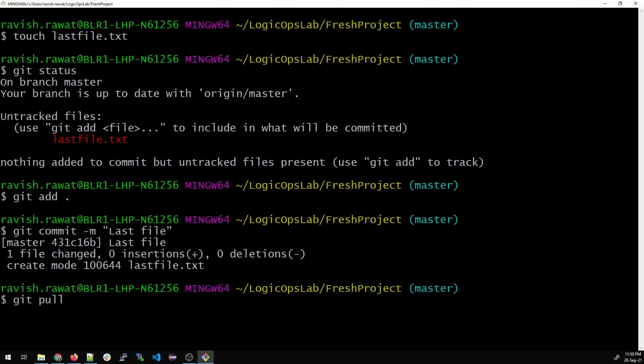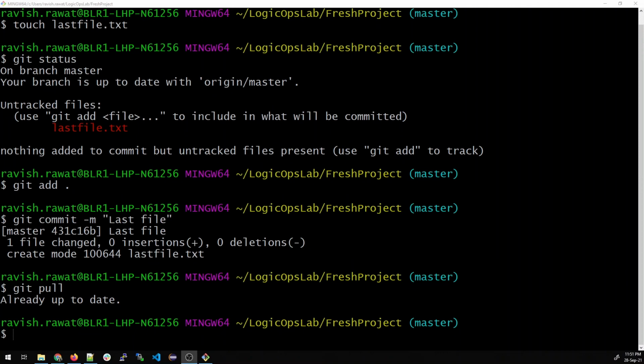In the previous scenario that we showed you, there was a file already, and that's why we were able to see that merge, and that had to be resolved. But right now, it won't show anything. So let's see what happens. And you can see that it says already up to date, which means it got synced with the remote repository on GitHub, and there was nothing to be done.